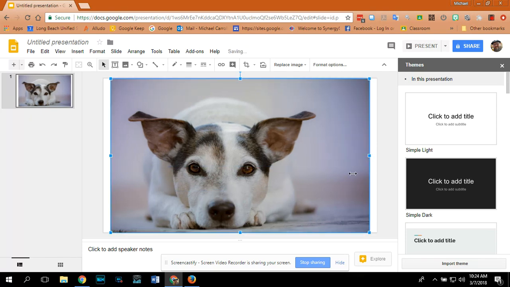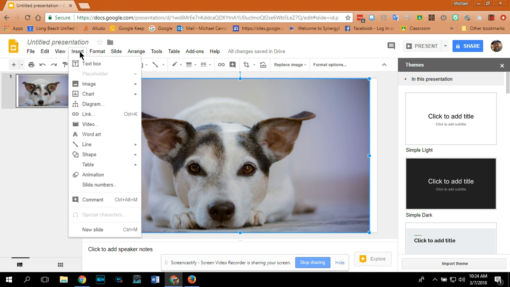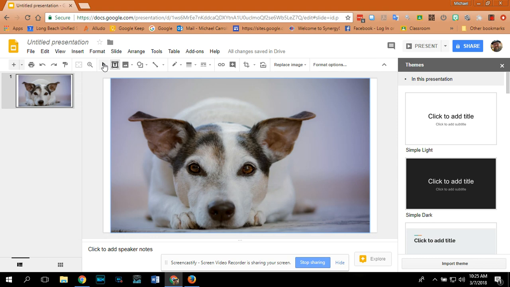And the second step is to add a caption. How we do that is we come back up here to the Insert feature and click it. Then, with all of these options, the one that we want is we want to insert a text box. So we click on it. By clicking on text box, a plus sign will appear. We can put this text box anywhere we want. For this demonstration, we'll just add it where a caption normally would be. We draw the text box,